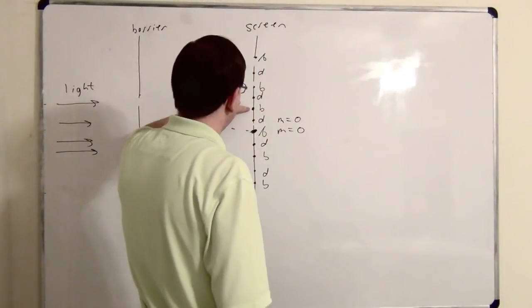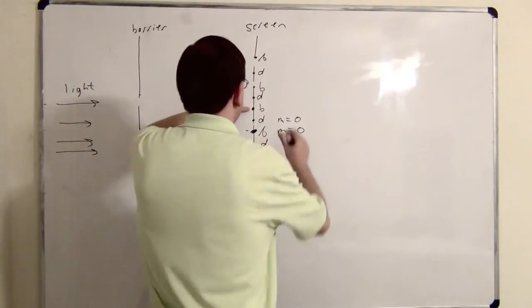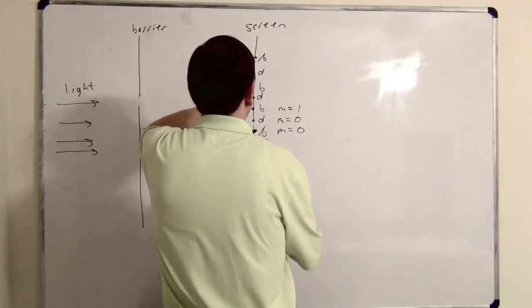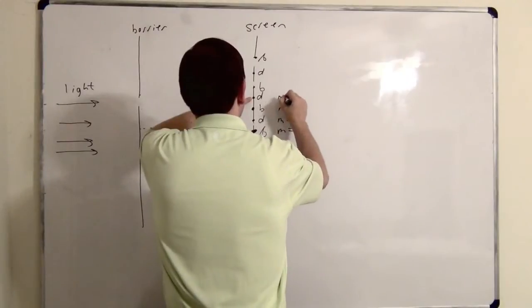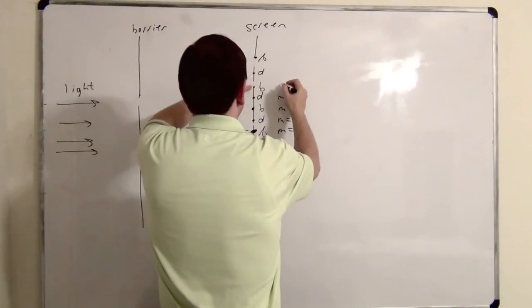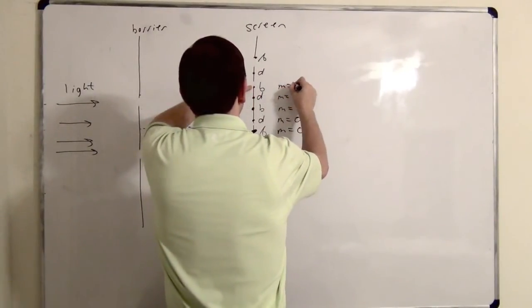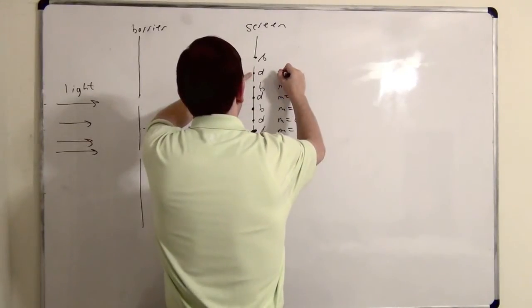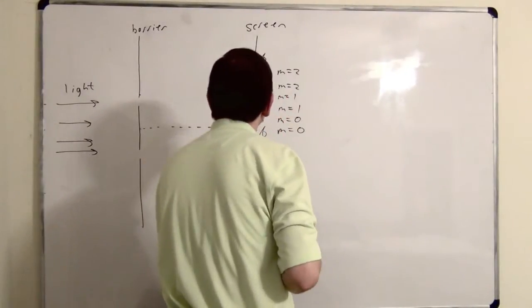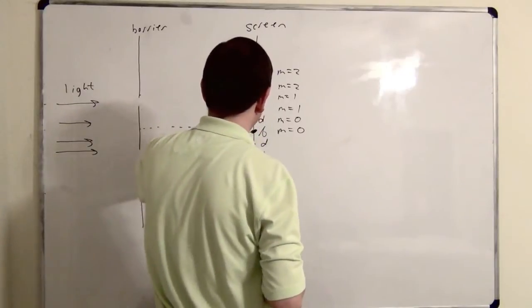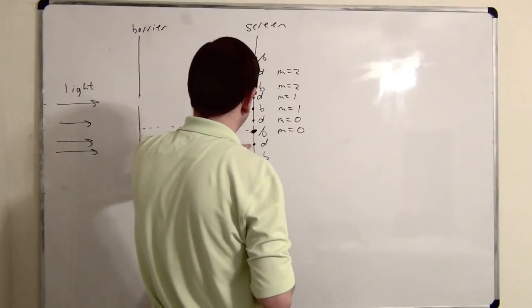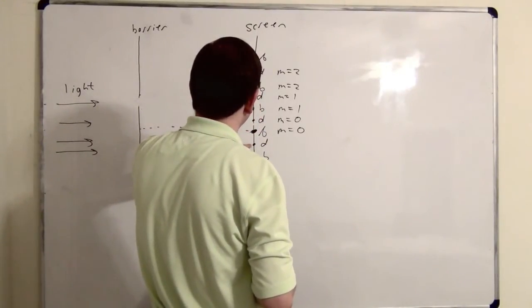So what would this be? M equals 1, bright spot. And this? M equals 1, dark. Good. So let's do a couple more. M equals 2 bright. And then M equals 2 dark. All right, good enough. How about this? M equals...